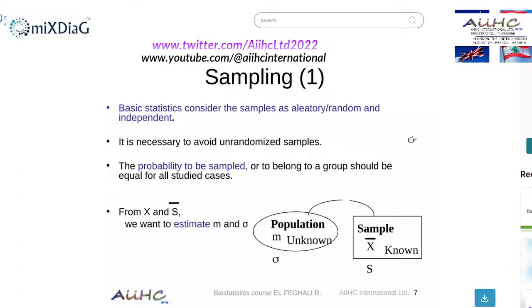So here we avoid the bias of observation. It's necessary to avoid unrandomized samples. Also we randomize, we mix them. In fact, whenever we have samples, we mix them to have a big independent sample to avoid